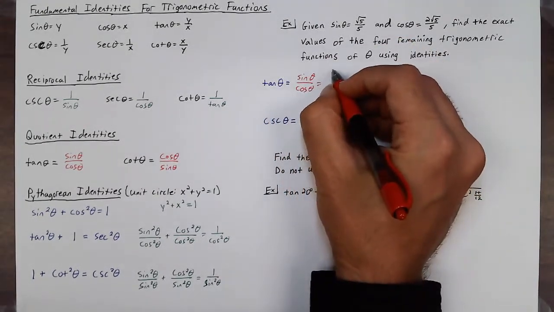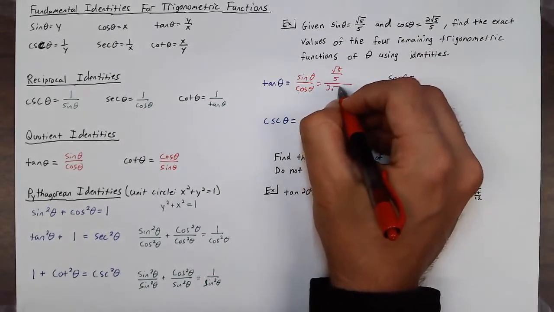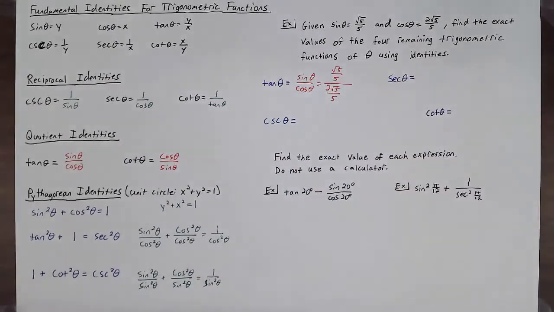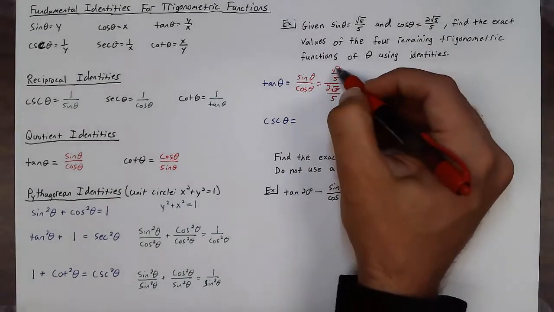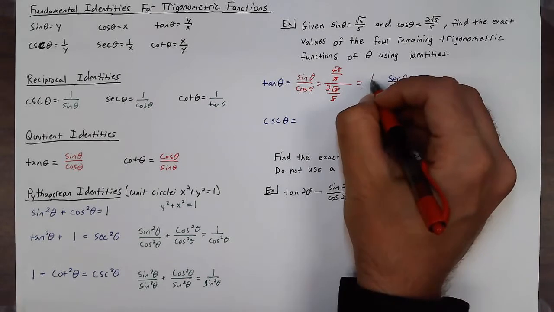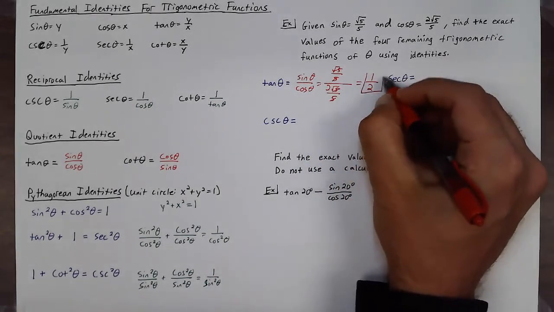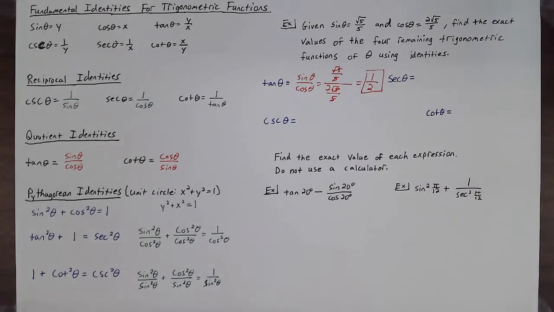So I have the square root of 5 over 5 divided by 2 square roots of 5 over 5. So the square roots of 5s will cancel, the 5s will cancel, and I'm left with 1 up top in the numerator and 2 in my denominator for 1/2. So it's a very quick way for me to use trig identities to find the values of another trig function. Now,